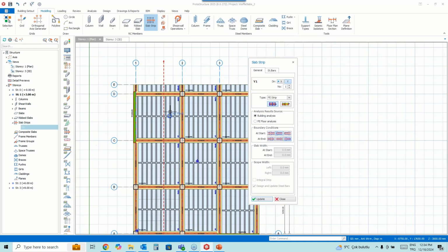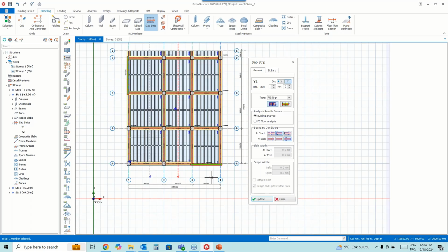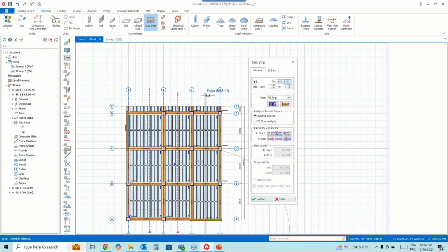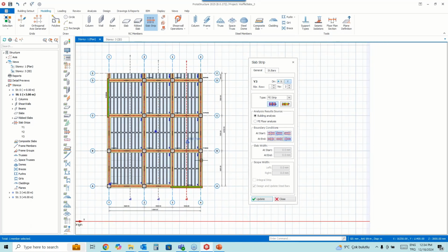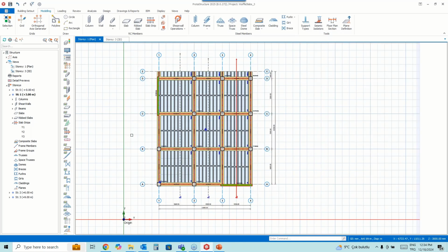Okay, so we can insert the rest of the slab strips, and just 3 slab strips will be sufficient. We don't have to insert on the X direction, because for ribbed slabs we are just inserting the slab strips in the same direction as the ribbed beams.